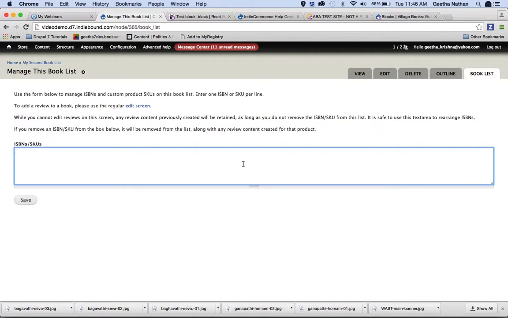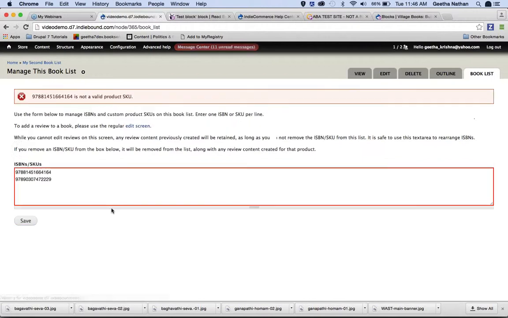And I can just copy any of my SKUs in here. You want to make sure you're entering them one row after the other. So after I get in my first one, and bear with me while I type this in, I would go ahead and repeat that and enter each one on its own line. And when I save it, okay, we're going to do this with just one for right now. So when I save it,